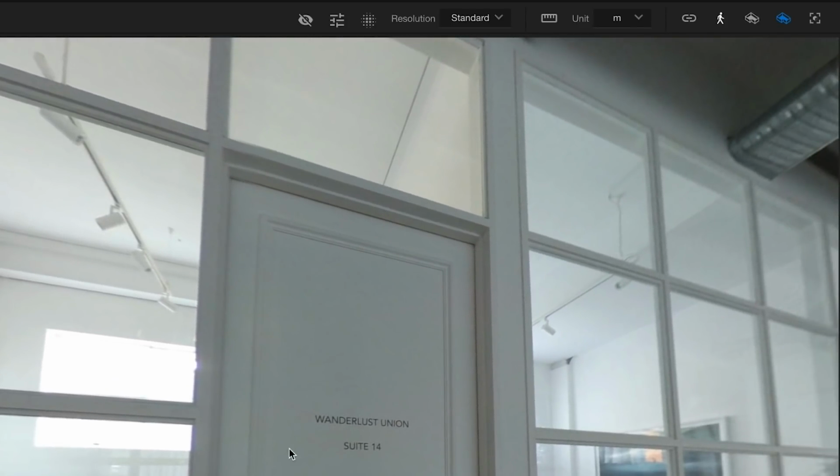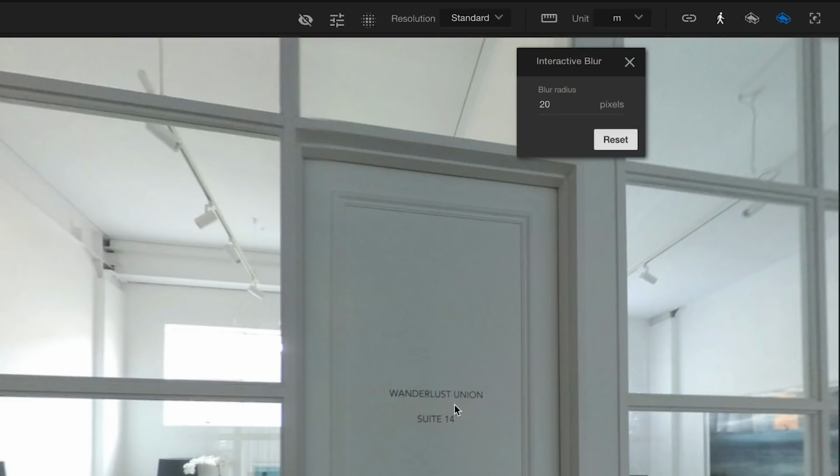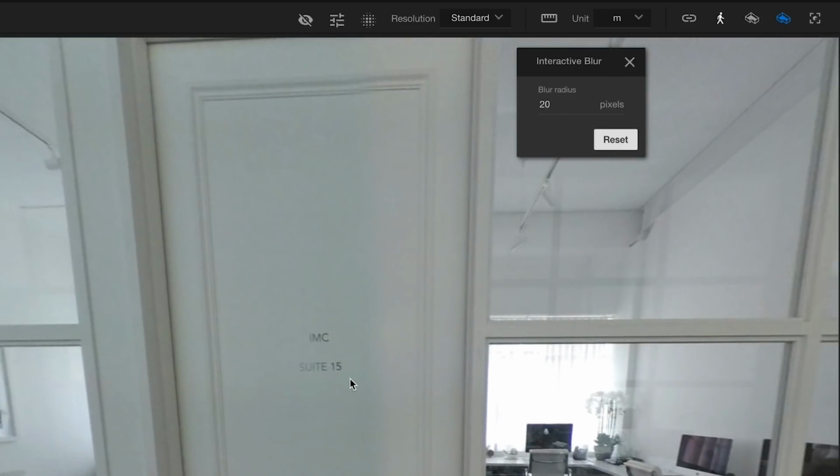However, there may be details that the client might want blurred out. For example, let's say the titles on the doors. Maybe they say, hey, we don't want to give away that information in our tour, so could you please blur it? And that's where we'll want to use the interactive blur up here in our toolbar. So what you need to do to blur is hold down the Shift key and just drag your mouse. Simple as that. Now I'm going to unpress Shift, I'm going to move across, and I'm going to blur this title too.